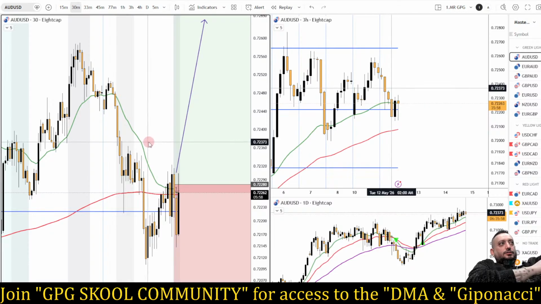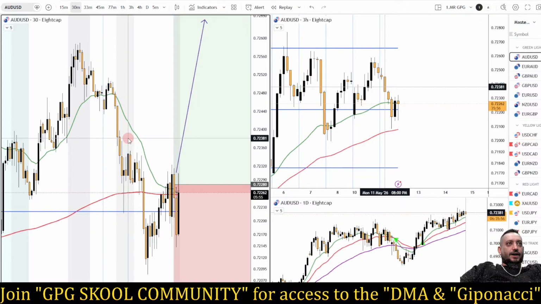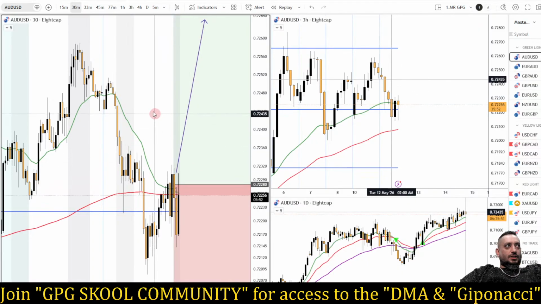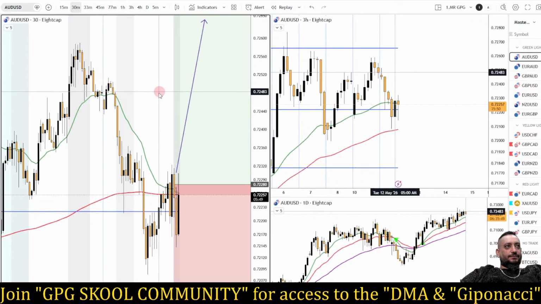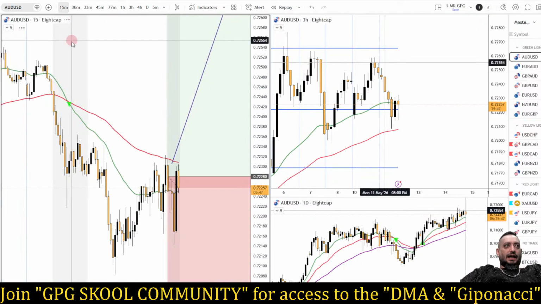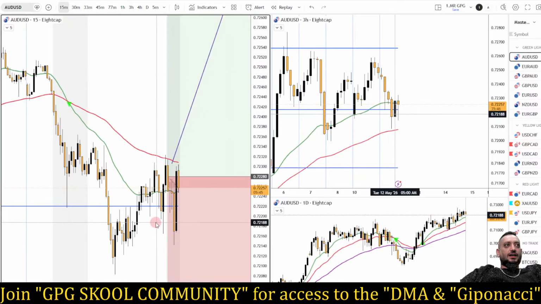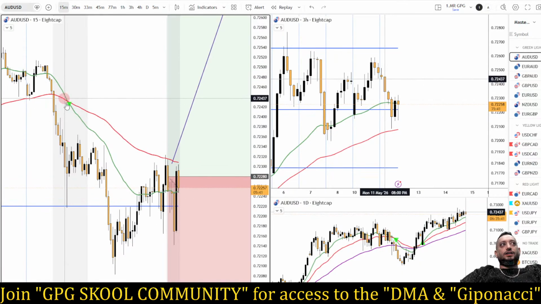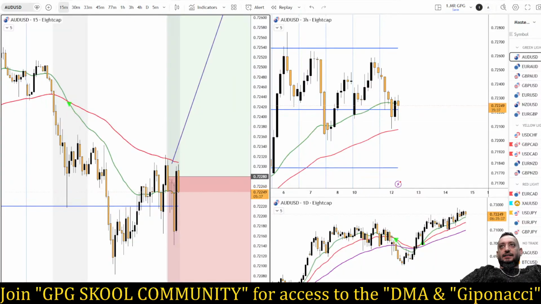Looking pretty nice. In 5 minutes, in 6 minutes, we're going to have a close on the 30 minutes time frame and another close on 15 minutes. I do love how 15 minutes comes up. I choose to ignore this cross to the downside because of the fact that